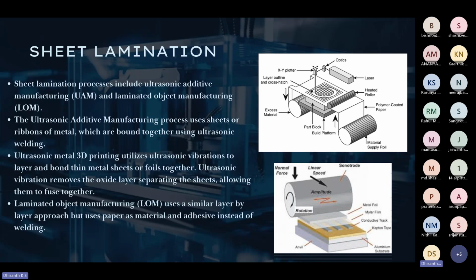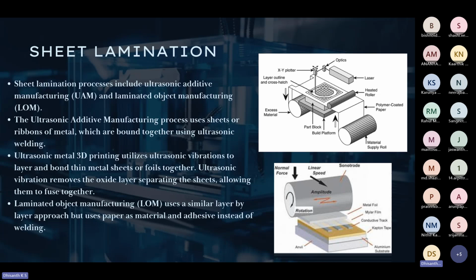Here, two thin metal strips or ribbons will be bound or fused together using ultrasonic welding. The ultrasonic metal 3D printing utilizes ultrasonic vibrations to layer and bond thin metal sheets or foil together. Ultrasonic vibration removes the oxide layer separating the sheets, allowing them to fuse together. There will be an oxide layer on both sides of the metal foil, which will prevent them from fusing. But using this ultrasonic vibration, we can remove that oxide layer, which will help both metal foils to